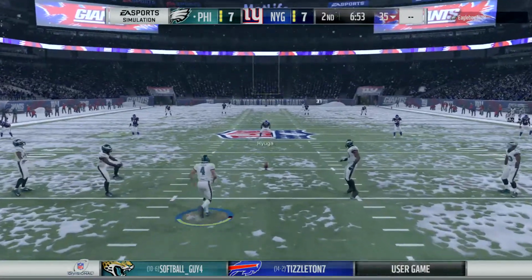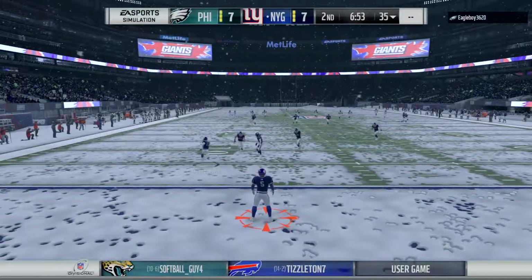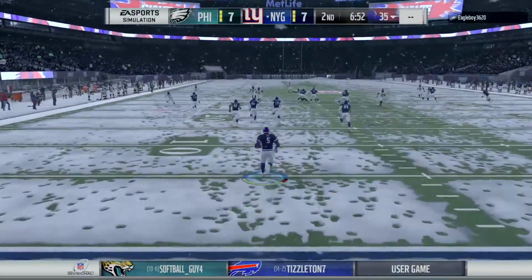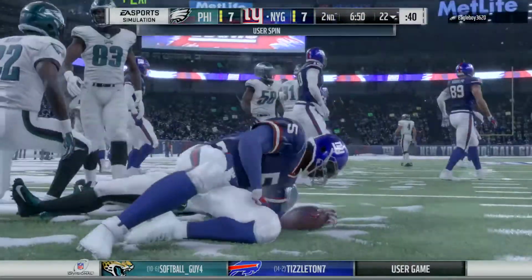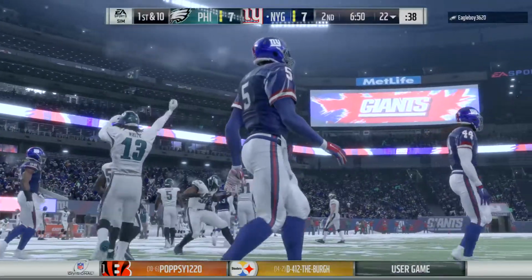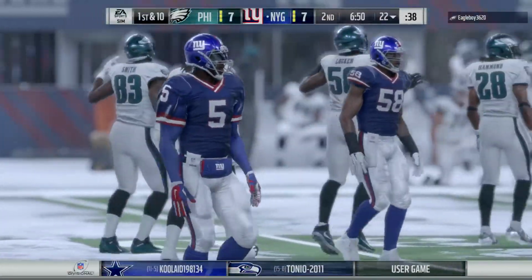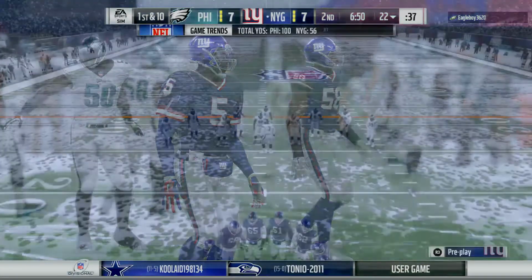So a tie ball game here as the kick's away. That's fielded in the end zone. The Giants offense now gets ready to head back onto the field. And on the last go-around, they really couldn't get anything going. They had to punt from deep inside their own territory, which means you're going to lose the field position battle